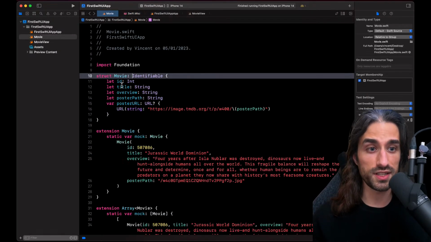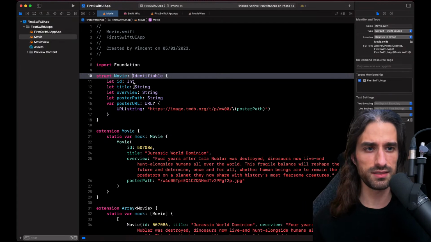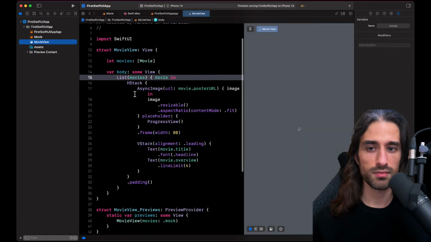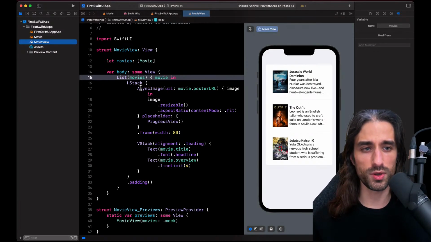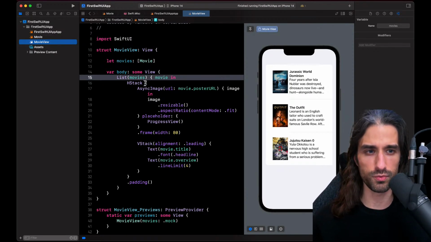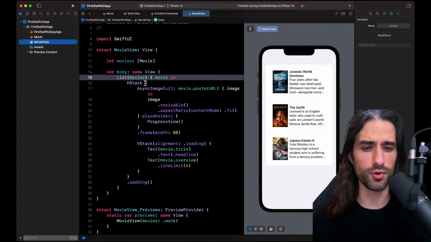And so here I already have the property ID, the type is Int, which is hashable, and so just by conforming type movie to identifiable, I no longer need to provide explicitly the key path to the ID. SwiftUI knows what the ID is because movie conforms to identifiable.